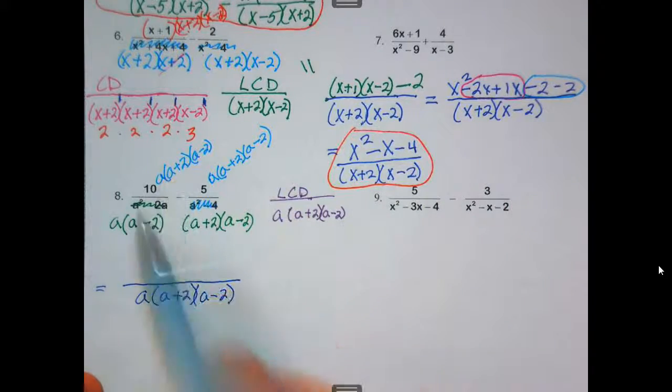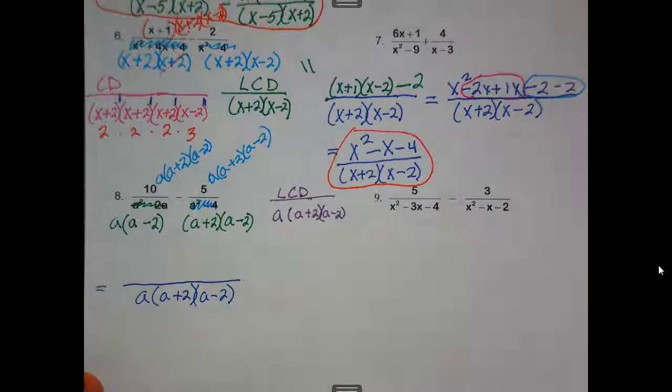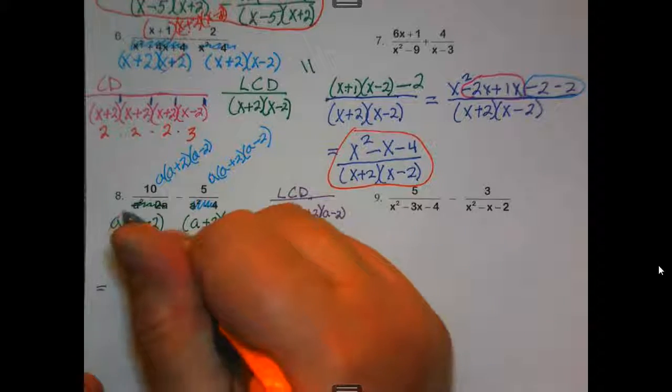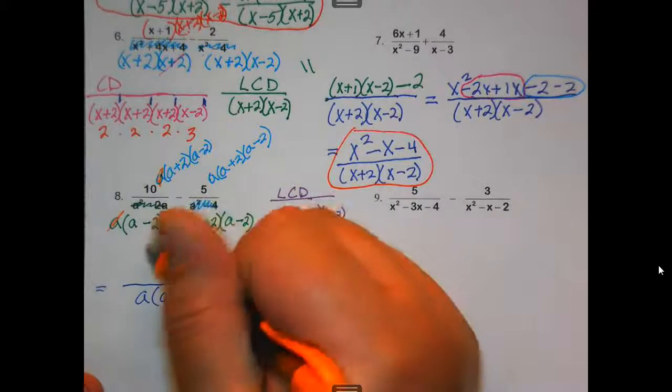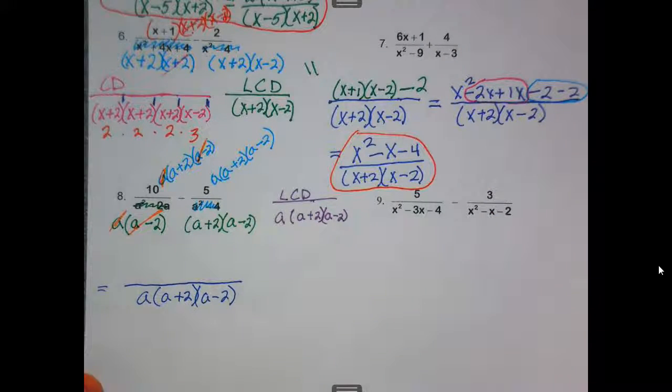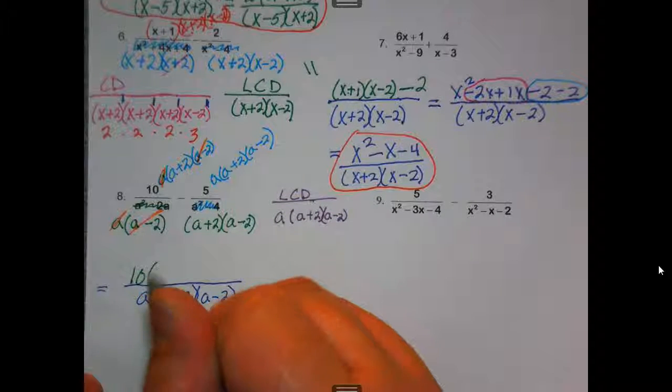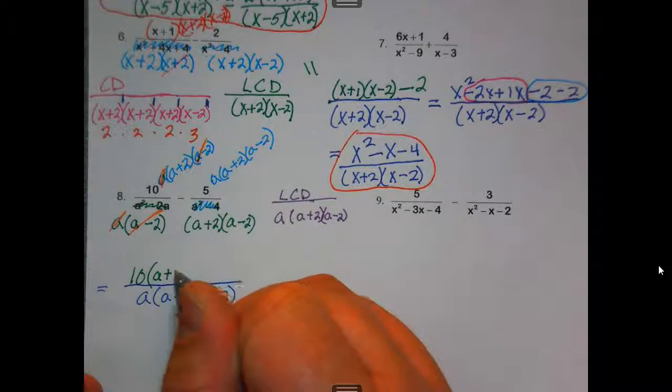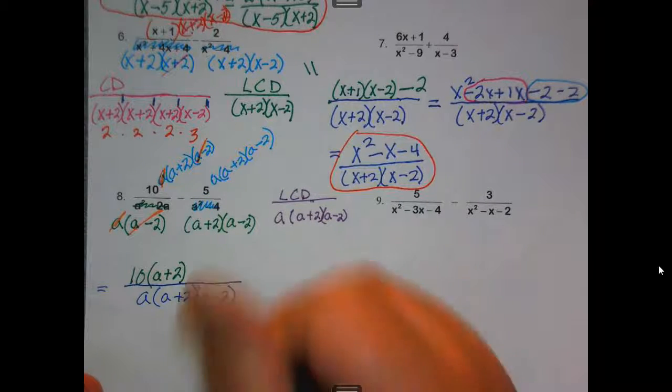Okay, let's look at the first one there. What cancels out? A minus 2, A minus 2. So I'm left with 10 times A plus 2 minus